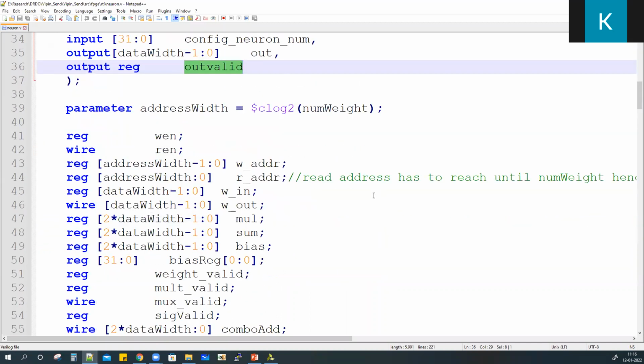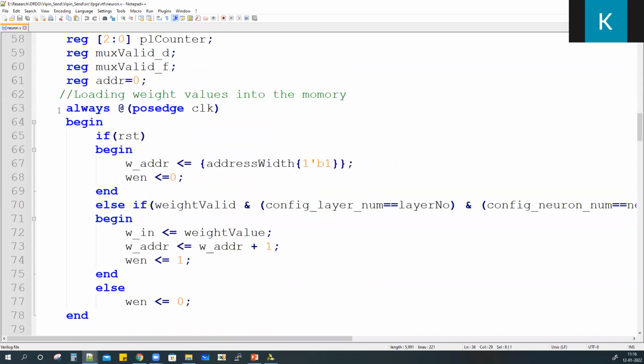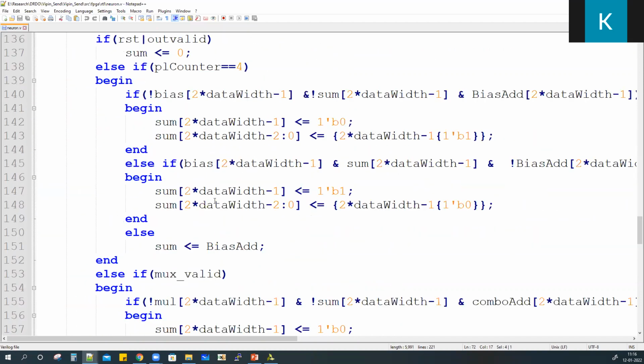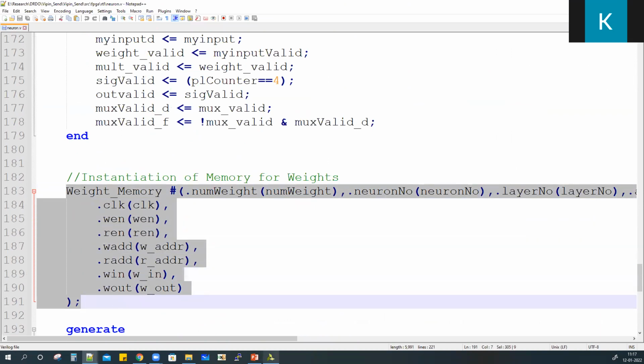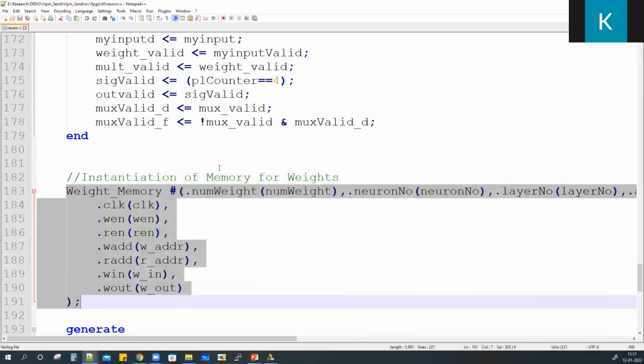I'm just going through the main part, not everything. This logic is used for storing the weight values into the memory. Here you can see there is something called the weight memory, which stores the weights.